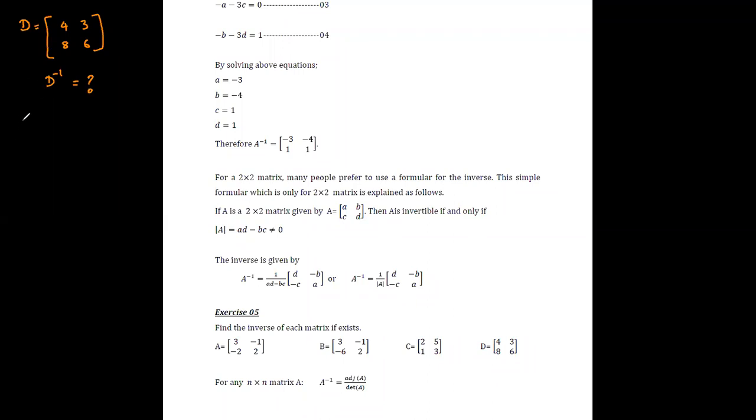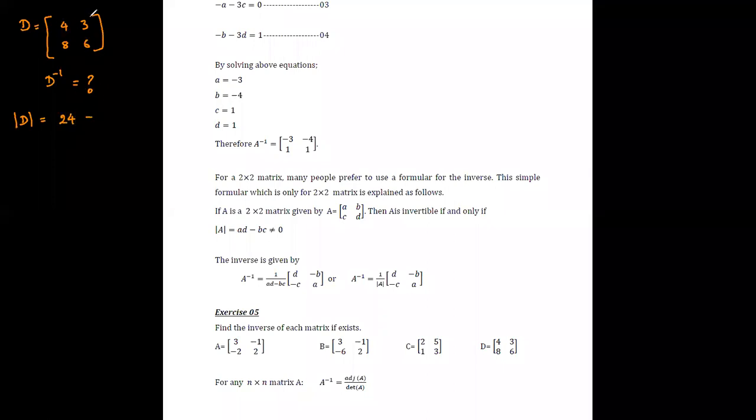To check that, first we need to take the determinant of matrix D. You can take the difference of the product of the diagonal elements, 4 times 6